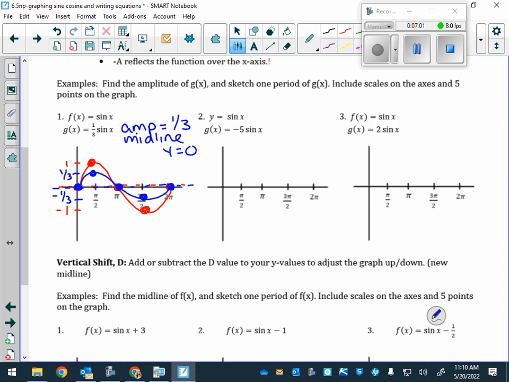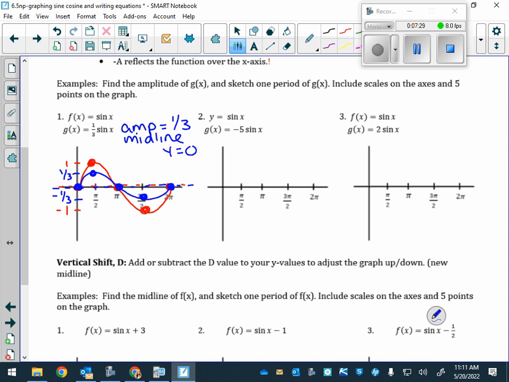Yeah, Brad. Small amplitude, which is a compression. It's a compression. The vertical height compressed. Okay, so that 1/3 means it's a compression. The amplitude is smaller. The height. Think of Ferris wheels you've been on. Not all of them have the same height from the center. That could change. Okay, so if we look at number 2,